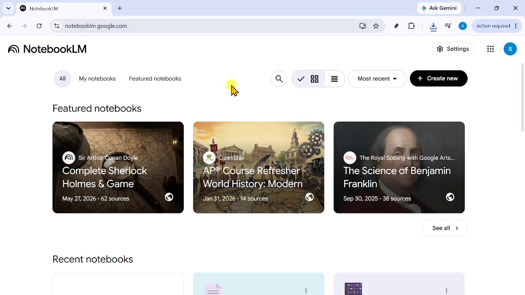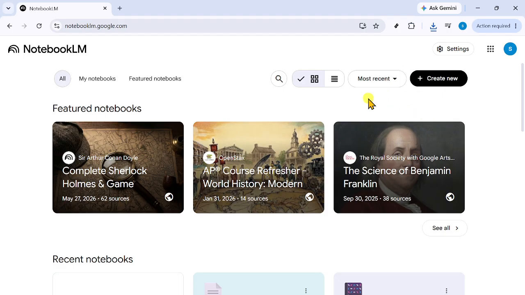Hello, today we will guide you through what is the file size limit in NotebookLM. To begin, open NotebookLM in your web browser. This is where you'll create a notebook and add a source so you can check how file upload limits work in practice. If you're new to the platform, don't worry. This process is simple, and once you've seen where the upload options are, it becomes much easier to understand what